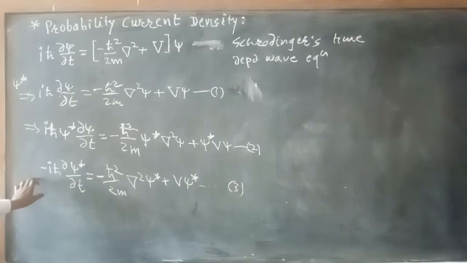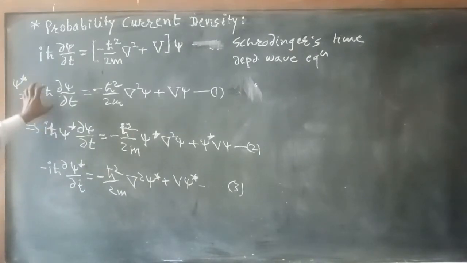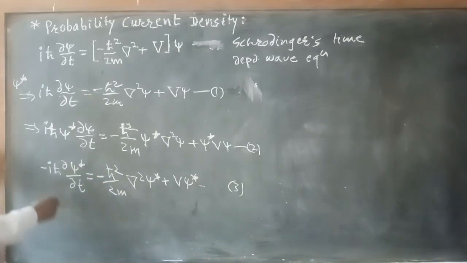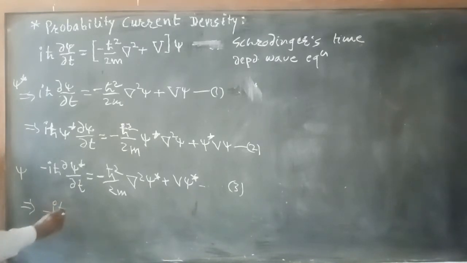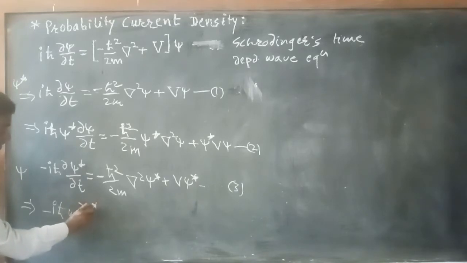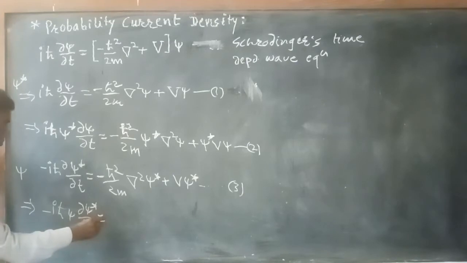Now multiply this equation by psi. Multiplying this equation by psi star, we are getting this equation, the complex conjugate of this equation. Here is psi star, we will multiply this equation by psi to the left. So what we are getting is minus i h cut as it is, we will keep it as i h cut, here psi into delta psi star divided by delta t is equal to,